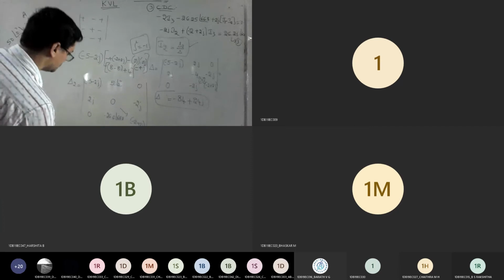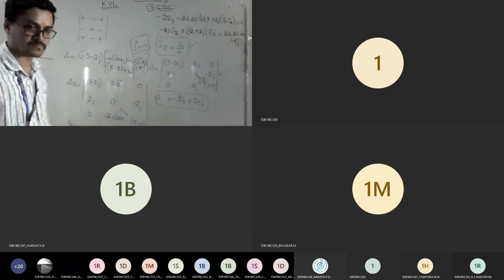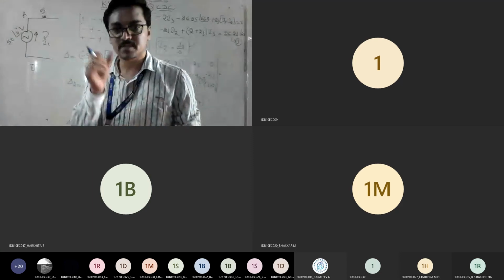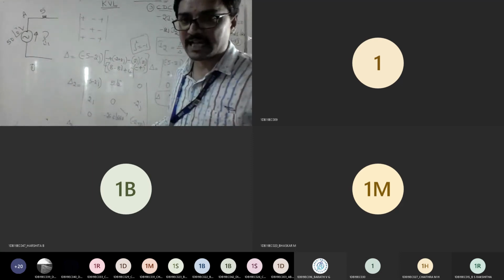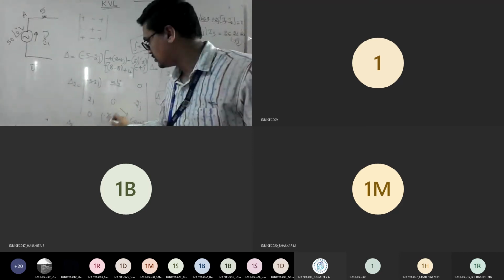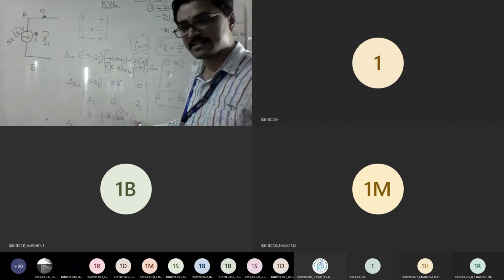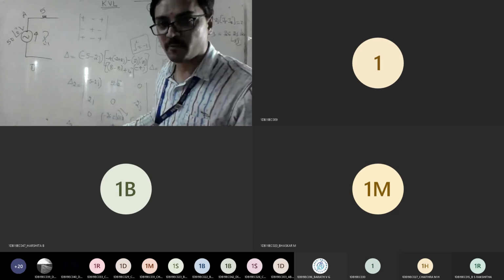What is delta 2 answer? Multiply the terms. I told you clearly, whenever polar is there and rectangular is there, you can't do multiplication. So what do I want to do? Look here: any of this into this is 0. So minus of minus 2j into this is in terms of polar form.